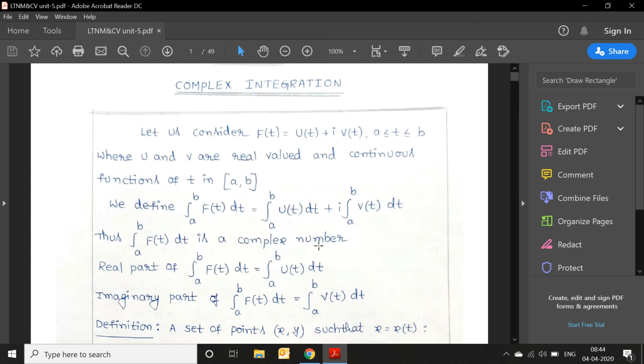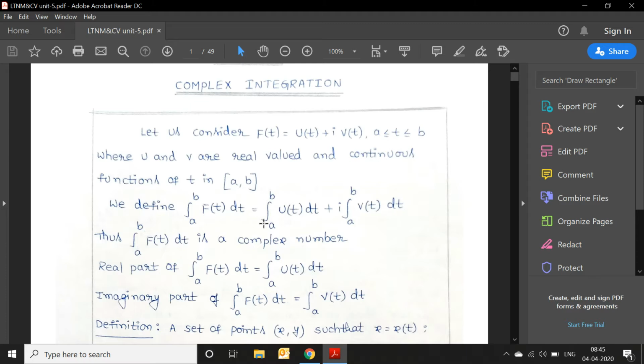So let us consider f(t) = u(t) + iv(t). We know that f(t) is a complex function. That's why we can write f(t) = u(t) + iv(t), where t is a point between a, b, where u and v are real valued functions of t in the closed interval [a, b]. We define the integration of f(t) as integral a to b f(t) dt